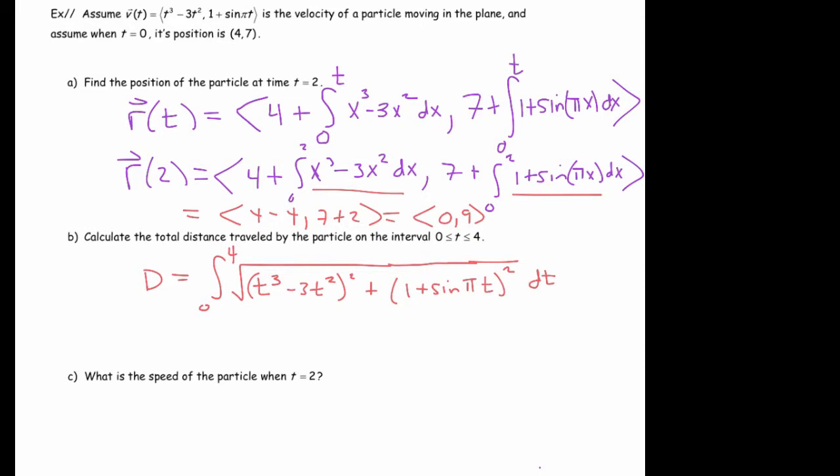But in any case, all right, so here's where I would probably, in order to do this, because this is definitely a calculator problem, I'd put this into y1, I'd put this into y2, and then in y3, this is just how I like to do it, so I don't have to type so much into one equation, I put the square root of y1 squared plus y2 squared. And so again, when I say put this into y1 and y2, I'm not including the squares. So doing that now will get me